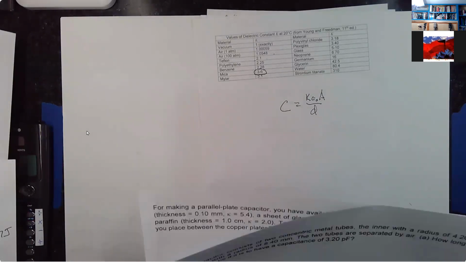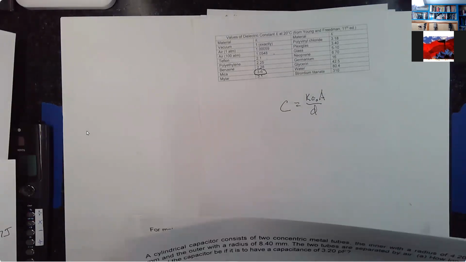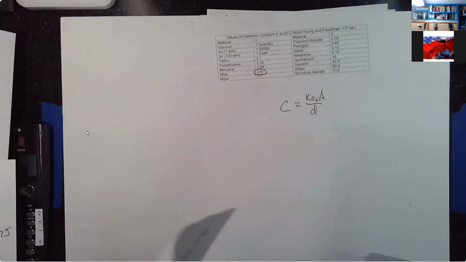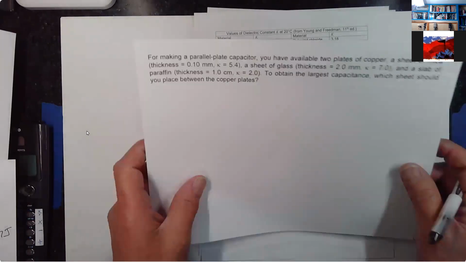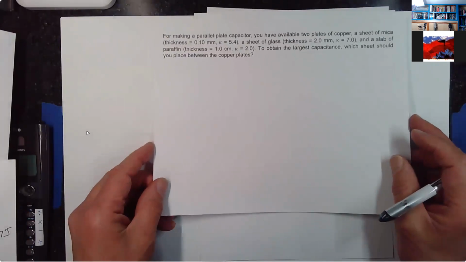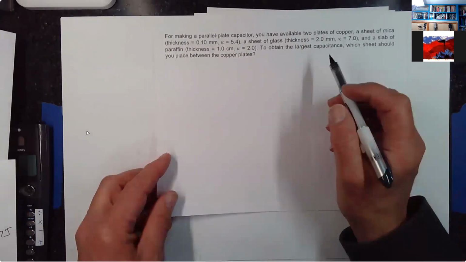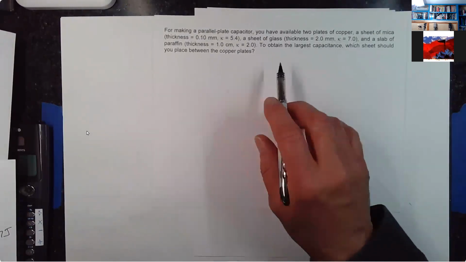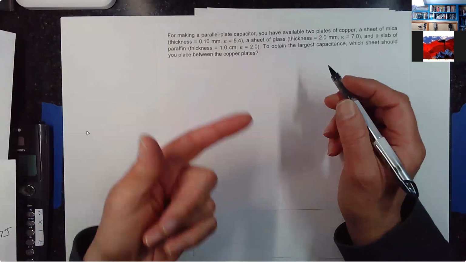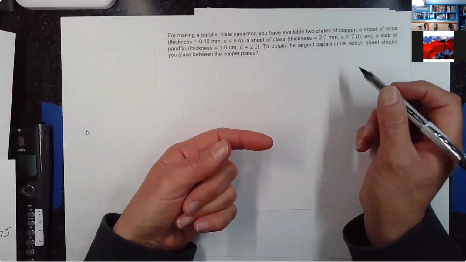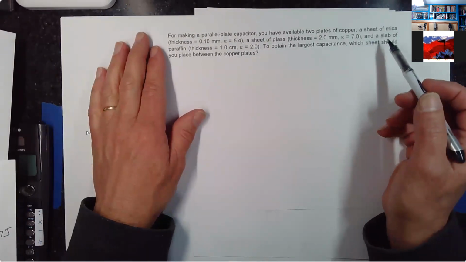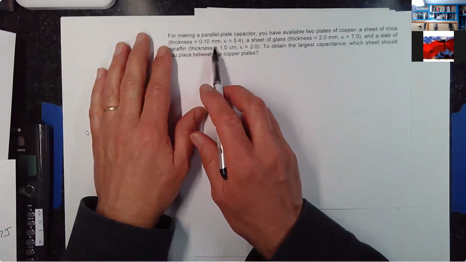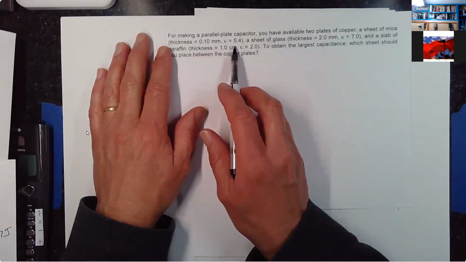This first one actually has nothing to do with dielectrics. So let's imagine we're going to make a parallel plate capacitor, and we have available 2 sheets of copper, a sheet of mica. The 2 sheets of copper will be the upper and lower plate of the capacitor. But then between them, you could either put a sheet of mica that has a thickness of that and a